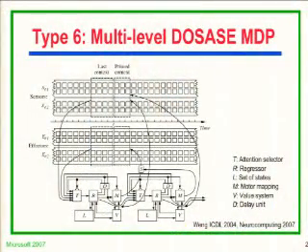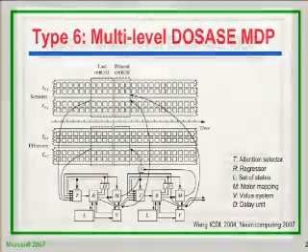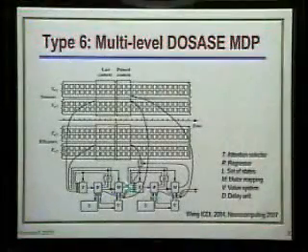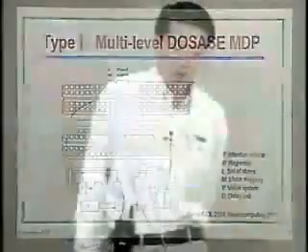And these sensory motor pathways that I said earlier will not be sufficient for many sensors, many effectors. So you need to put these things together. They end up with level 6. Type 6 is multi-level. And DOSASE is developmental, observation-driven, self-aware, self-effecting. MDP is Markov decision process. I tried to link it to mathematics so that we can use many results we know in mathematics